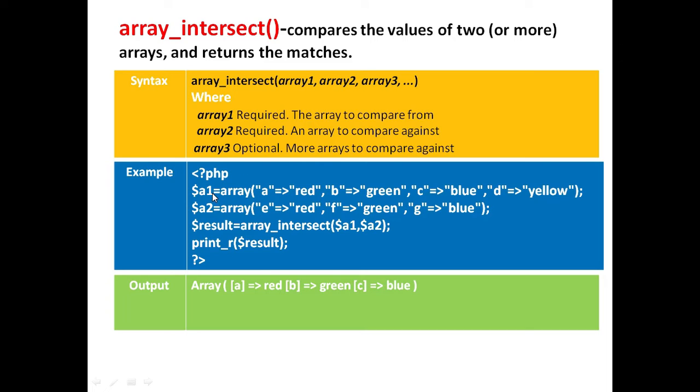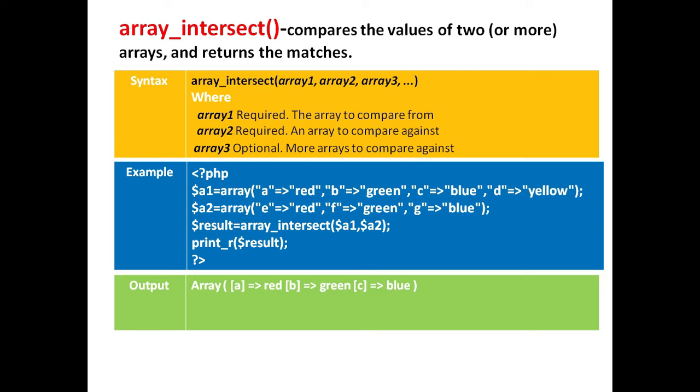Here I define two arrays A1 and A2, with A1 having keys and values A red, B green, C blue and D yellow, and array A2 with values E red, F green and G blue. And when I use the array_intersect function for A1 and A2, it will return A red, B green and C blue. That is, it will compare the values, that is red, green and blue, which are common in